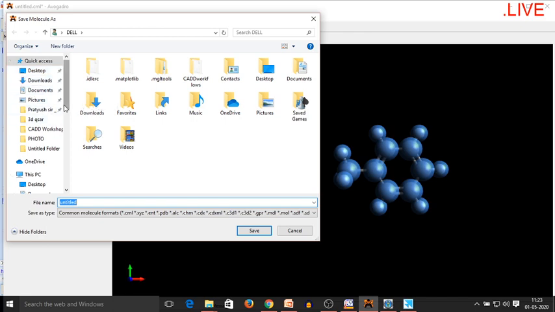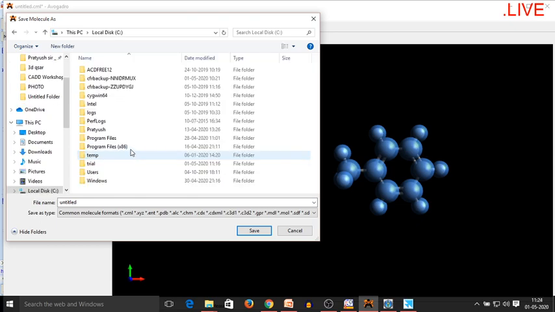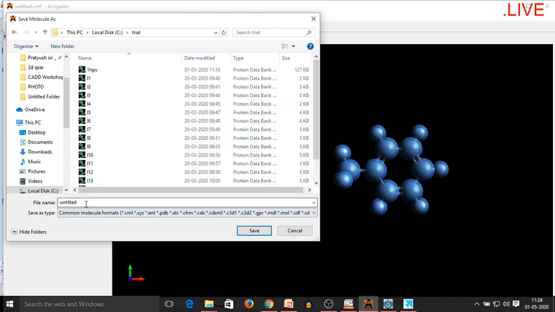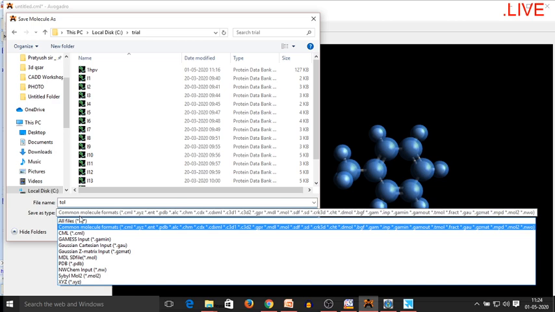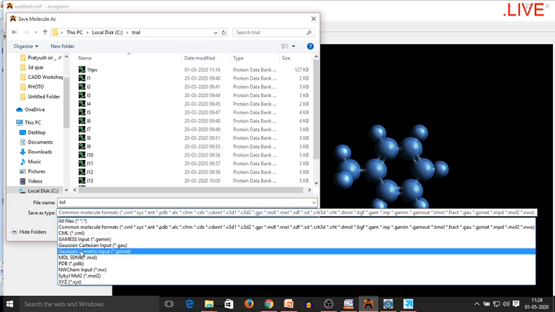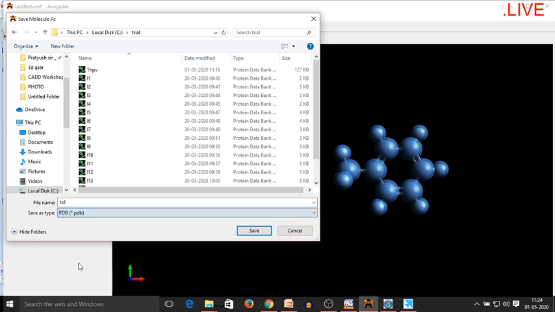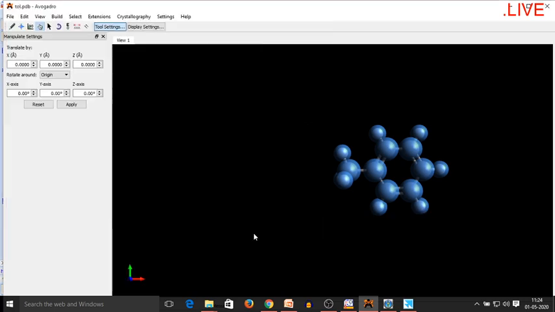Once I go to Save As, I will again browse to that trial folder that I prepared. Here you can see that I prepared the trial folder in my C drive. I will write toluene as the name of my ligand, and I will go to save as type and select .pdb as my structure format, and I will save it.